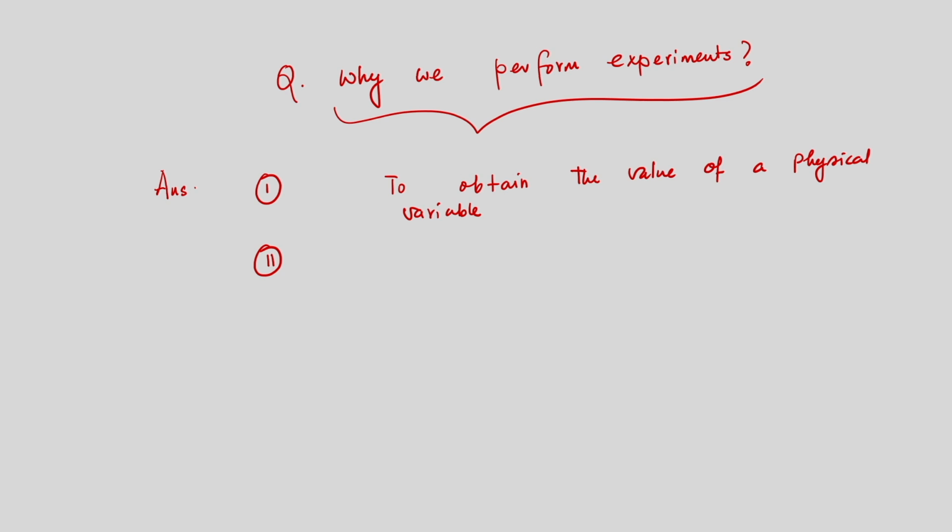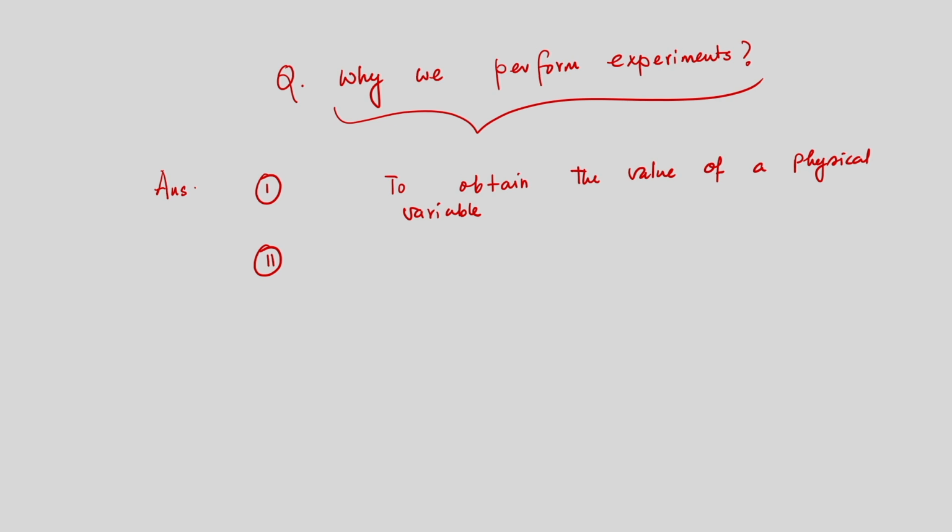That means, if we need to know the pressure when our fluid is flowing through a fluidic confinement, then what is the pressure? So the physical variables, that is pressure, velocity, temperature, these are the physical variables by which we can specify. When a particular fluid is flowing through a pipe, that is a flow condition. The flow condition will be specified by some variables, like what is the velocity of the flow, what is the pressure inside the flow domain, what is the temperature of the fluid. So we need to know the physical variable.